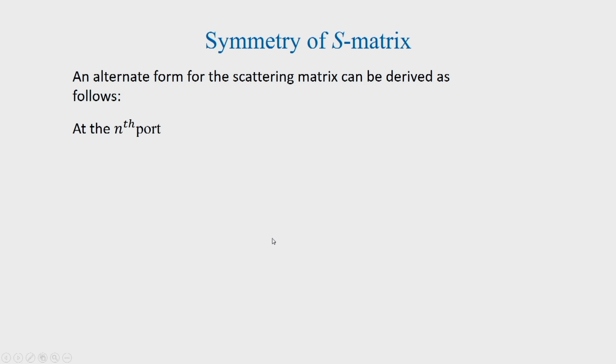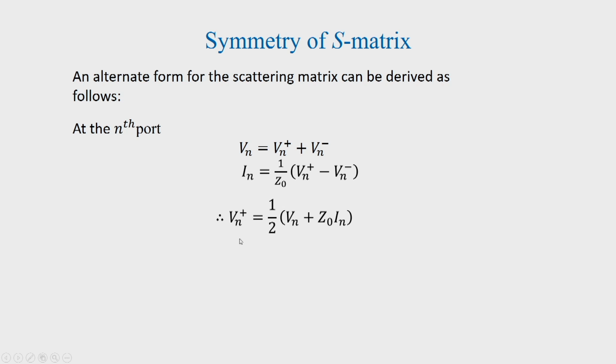We can also have an alternative form of representation for the scattering matrix. We can derive it like this. At the nth port, we have V n is equal to V n plus plus V n minus, and I n is 1 by Z naught, V n plus minus V n minus. So, we can find out the expression for V n plus and V n minus from these two, and then we can write